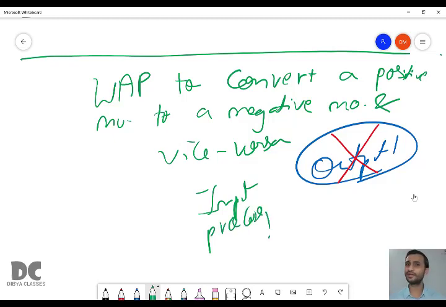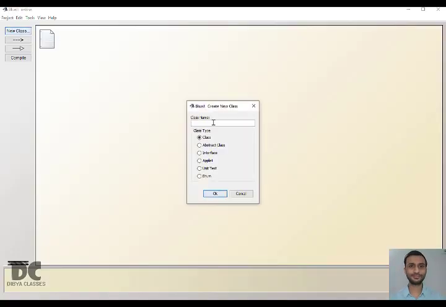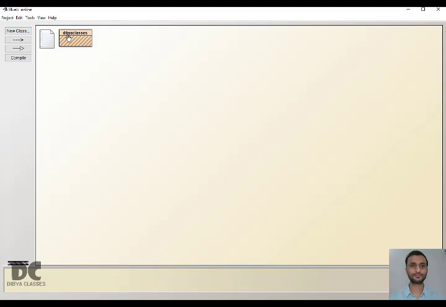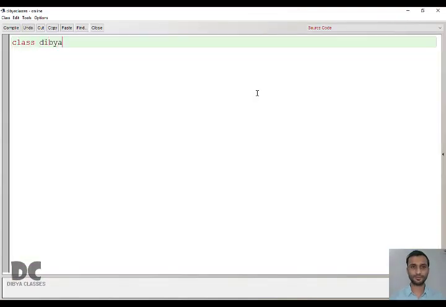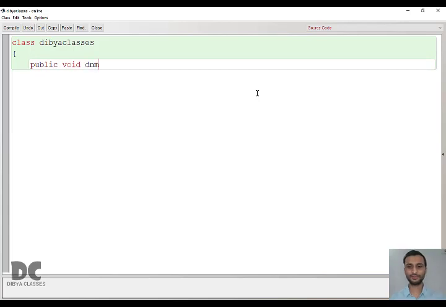So first what we need to do? We need to create the skeleton. So first let me create a class. Let us first write the skeleton. Then we have public void. Okay. So we need an input.